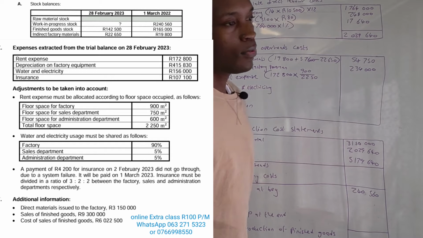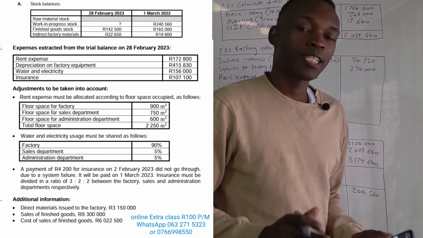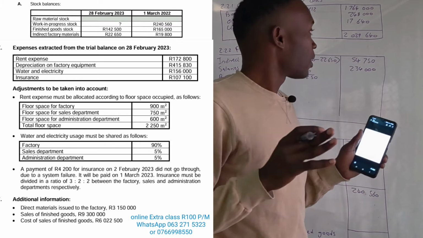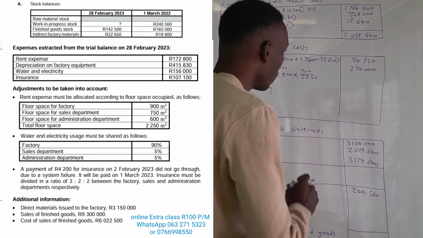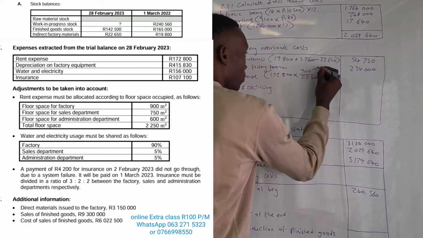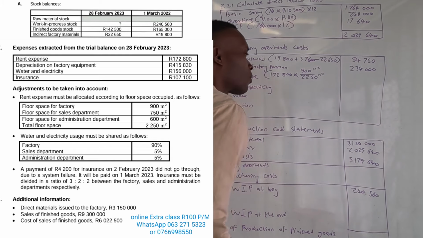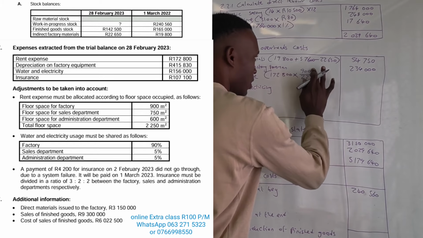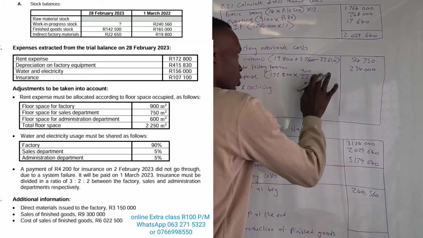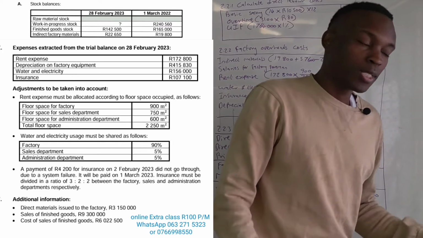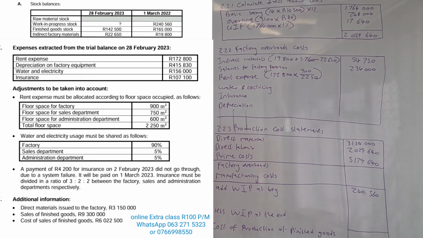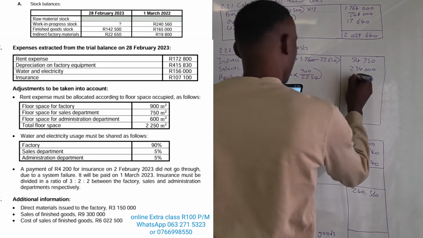Guys, I know there will be some students that love to take chances. Don't try to put your mathematics formulas here, because some of you are going to attempt to include meter square in this calculation. Guys, you are wasting your time. No need to put this. Just divide 900 by 2250. This is not mathematics, this is accounting. Now you have to calculate this, and you will get the amount of